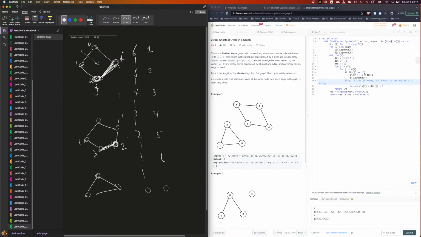BFS, I, J. So this is 0, this is infinite. If it's infinite, this will become 1. BFS append. Next one, this is infinite, so that can be 1. That's fine. Now go back up. Okay, we'll go back up. I and BFS, I will be these two. Okay, so I is this. For J,